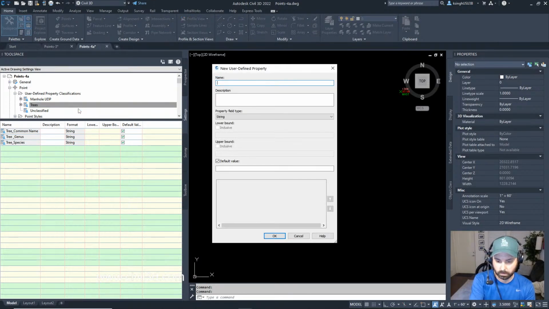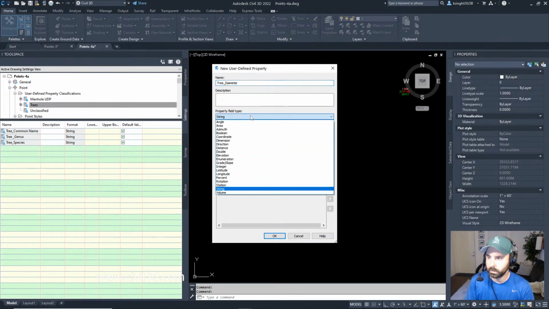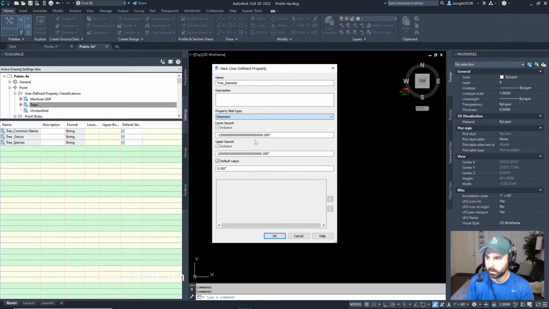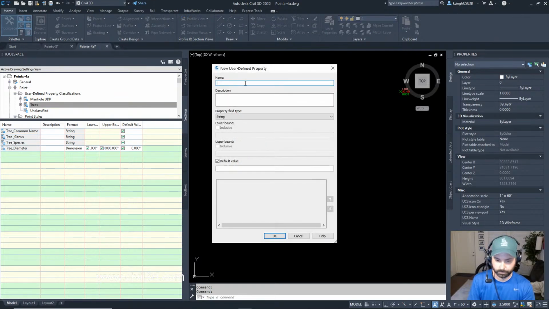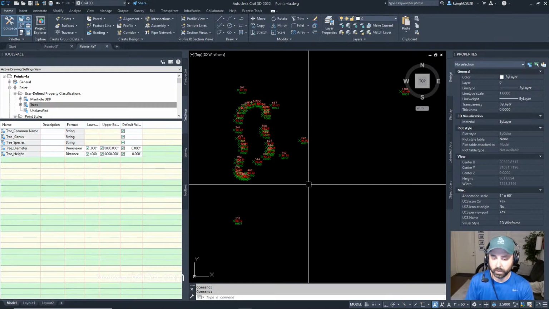New. Tree underscore diameter. That's going to be a dimension. Click OK. And the last one. Tree underscore height. Oops, did I add a space there? Yep, I did. That's going to be distance. And click OK. And that's essentially it for